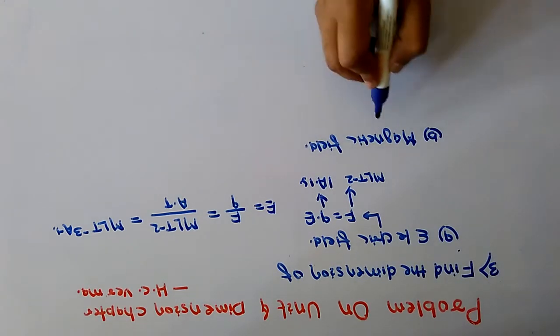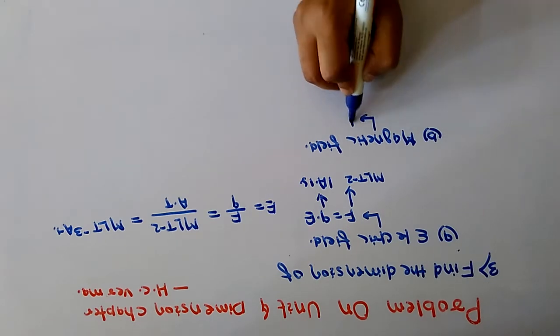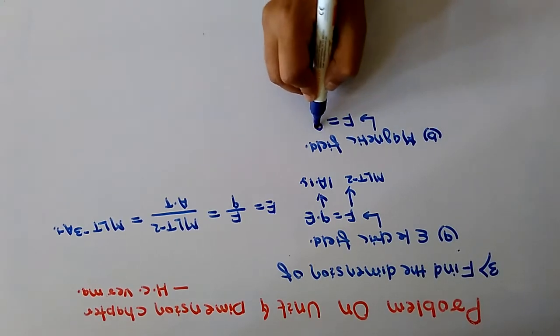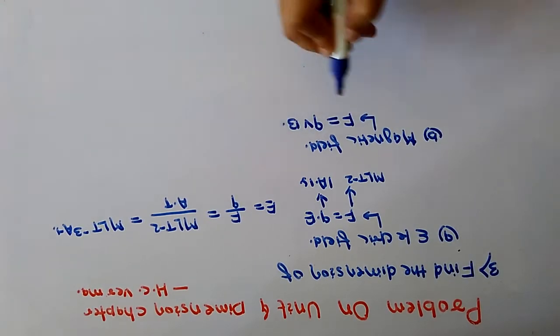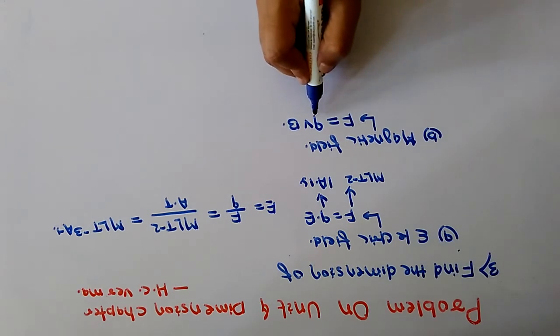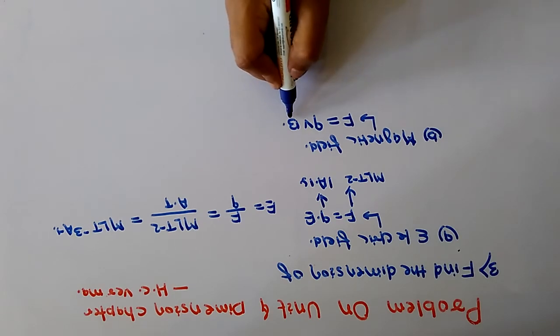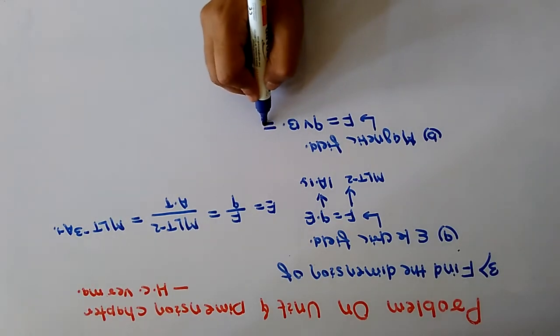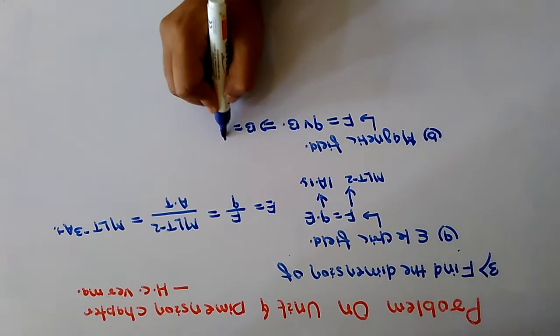So for the magnetic field, the formula is F equals QVB. F is the force, Q is the charge, and its unit is coulomb, V is the velocity, and B is the magnetic field. So we have to find out B. So B will be F upon